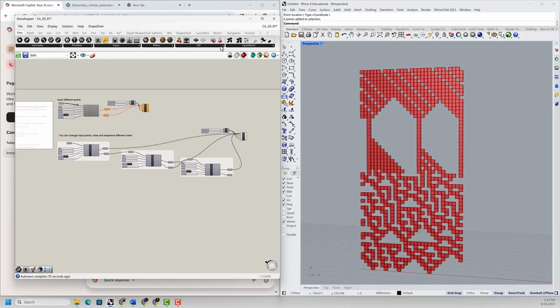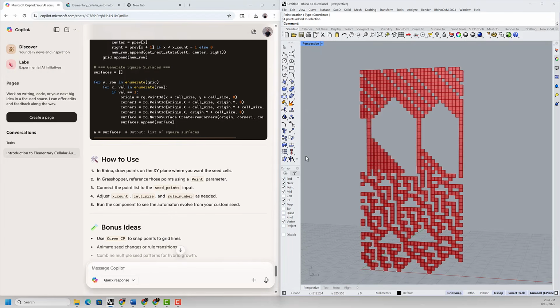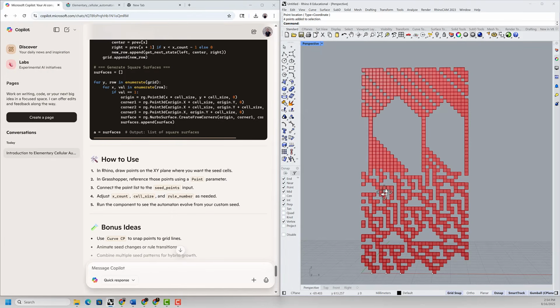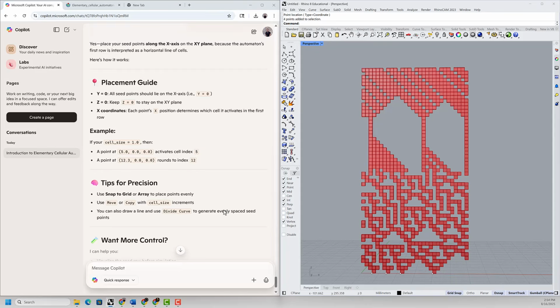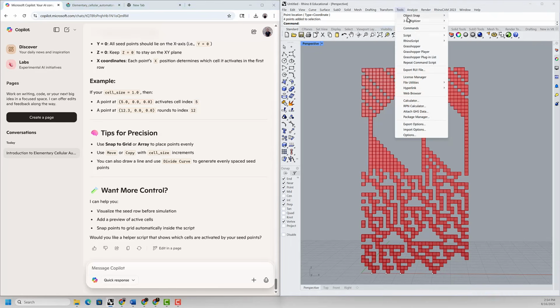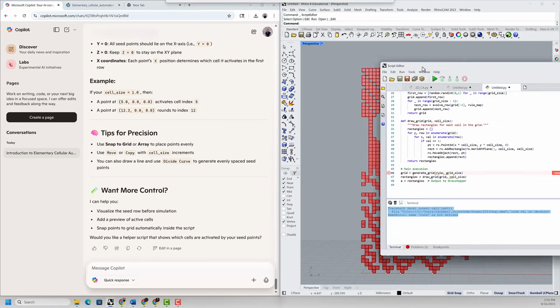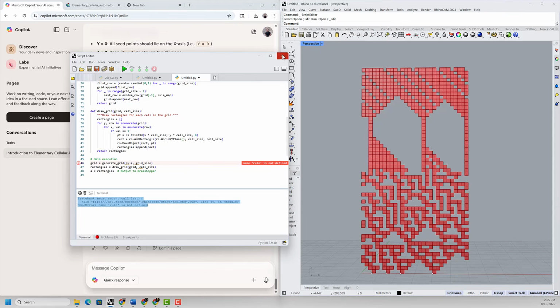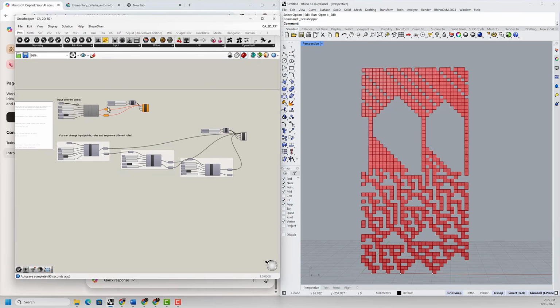Okay, so these are some options you can investigate, but it will be very nice if you can also start thinking about different types of rules with the AI. You can essentially chat, and if you have errors, you can paste the errors, and it will help you fix the issues. And you can use the scripts to run directly inside Rhino, or you can build your own Python scripts in Grasshopper